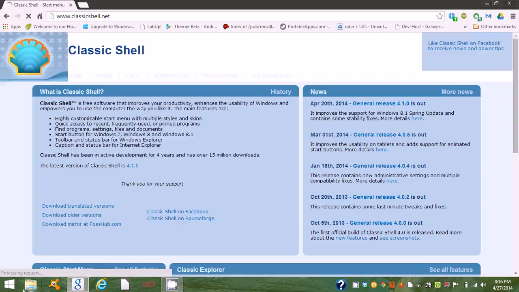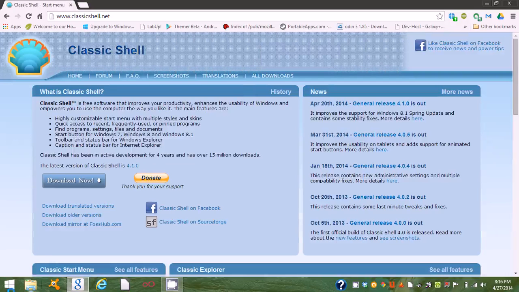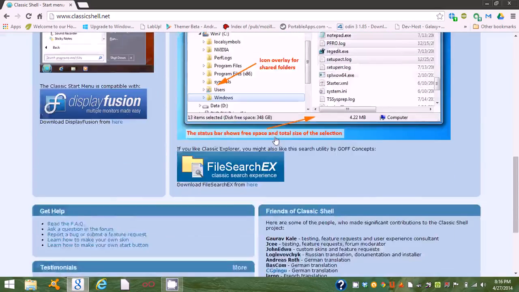That one modifies some Windows stuff in Windows 8 or Windows 7 to make it look like an old version of Windows, in the sense of adding a start menu, or changing something in the file manager, or even changing something in Internet Explorer. For example, making it look like Internet Explorer 9, which had the toolbar thing that you can modify. So here it is,